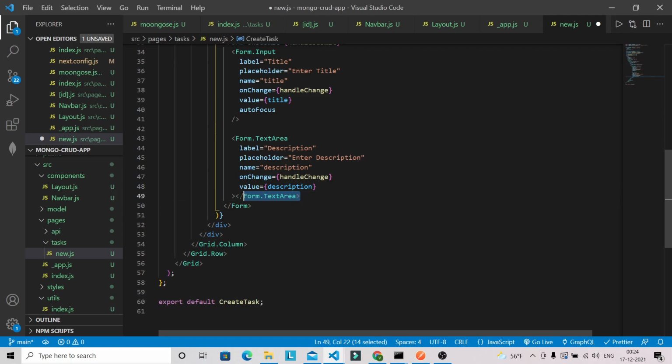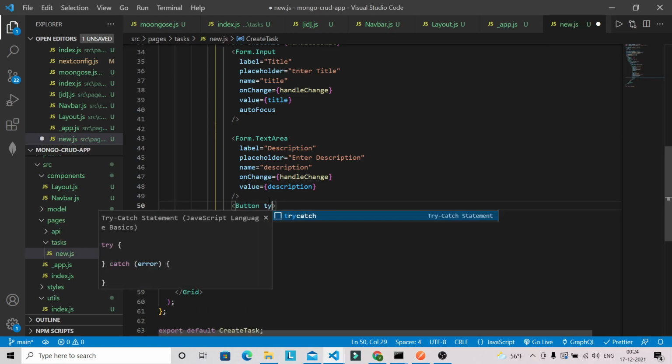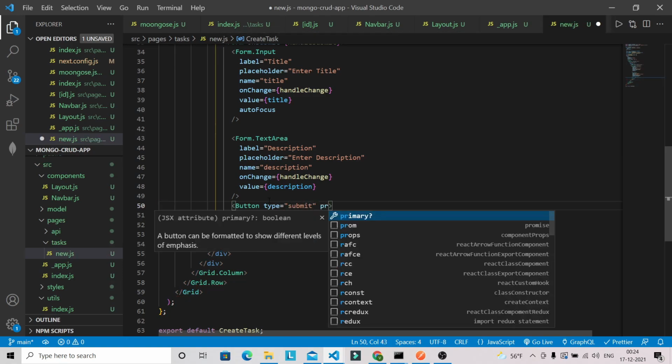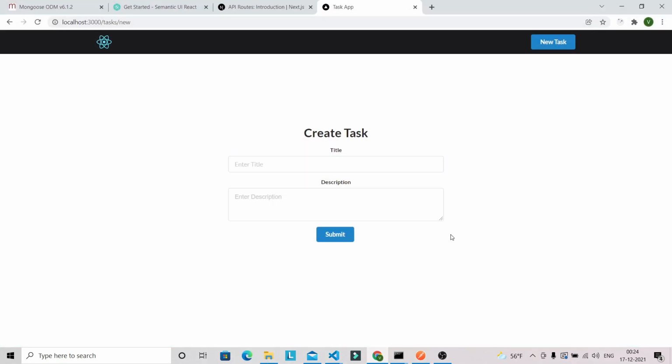Text area will also be self closing, and after this we are going to have one button, and type will be submit only. Okay, and let's specify the color of button, so it will be primary and it will be submit. So let's go into the browser. So now we have got our nice form.